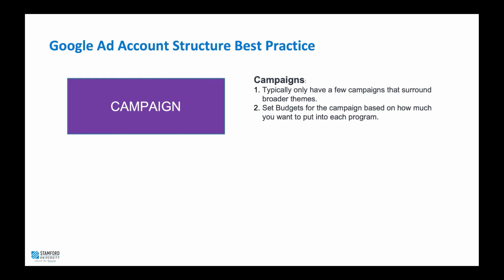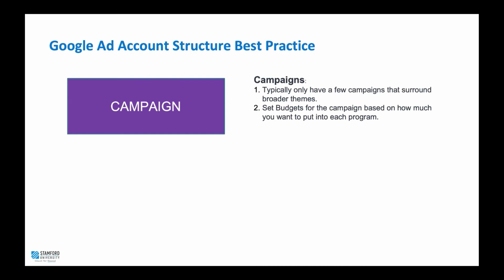For example, at Stanford University, we set campaigns based on the program. So for example, MBA, undergrad, certificate course. Each campaign will contain ad groups, which contain keywords that tie to the text ads and direct to a specific